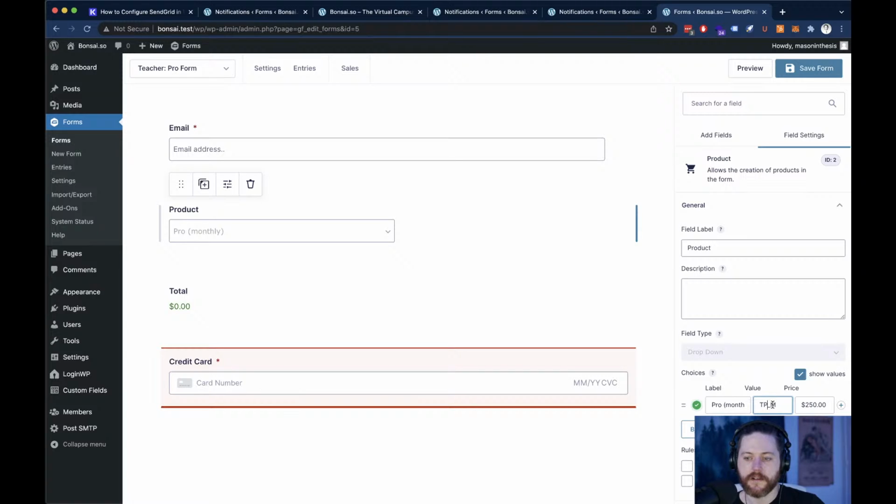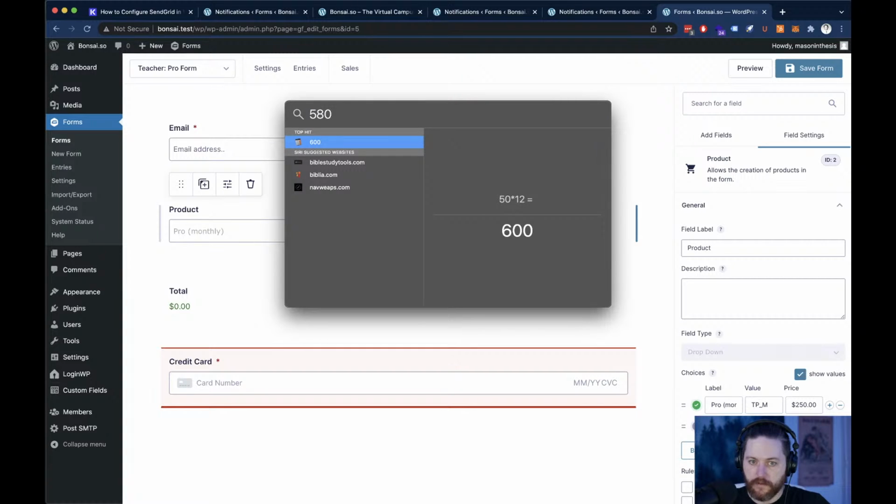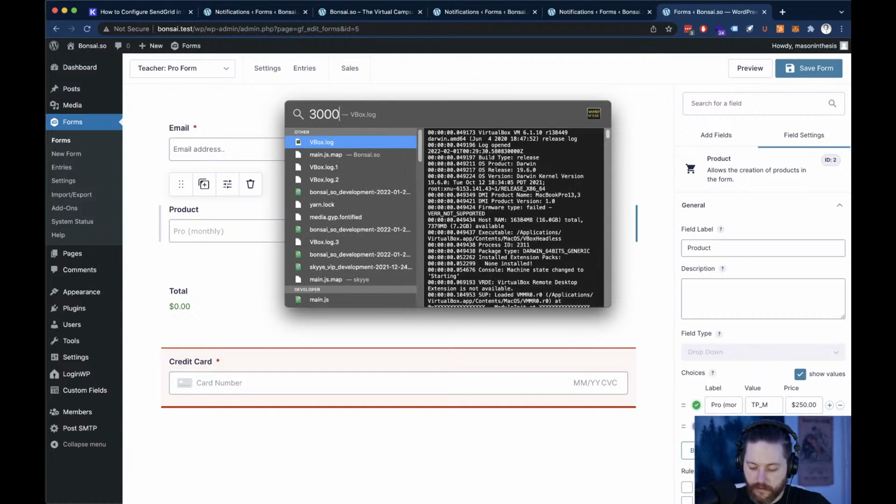I should add an annual. Doesn't hurt really. So pro monthly, and then we'll do a pro annual. This will be TP underscore A, and since it's $250 a month, we're going to times that times 12, that's 3,000, and then I'll take 40% off of that,